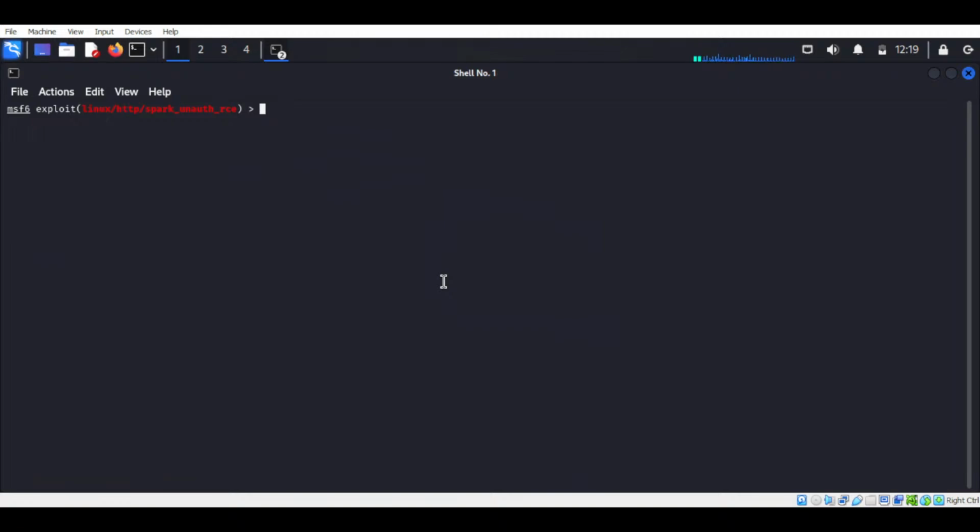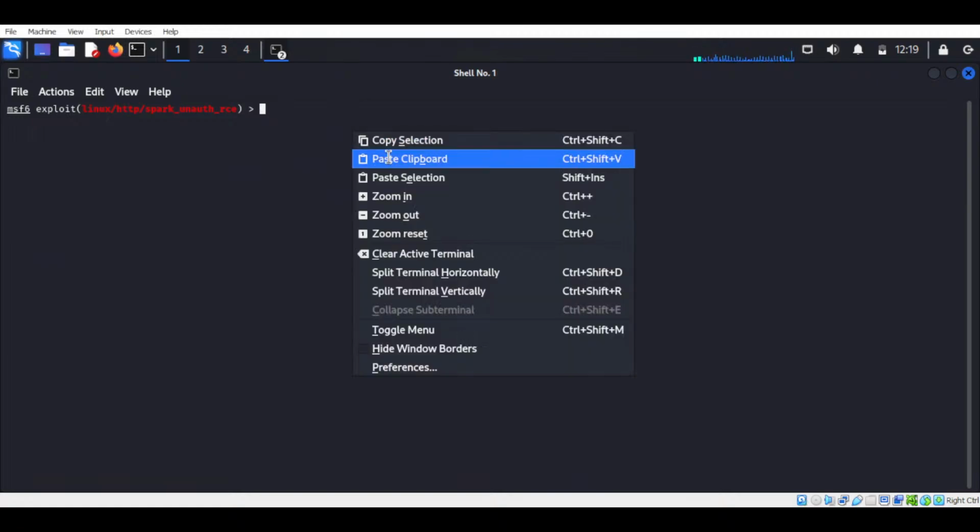Here RHOSTS means set the target's IP address. Then RPORT means the port Apache Spark is running on, the default port. And the run command will execute the exploitation. Second, our command is Apache Struts OGNL code execution. Here, because my commands are available on my PC, I don't waste more time and just copy and paste. It's simple. Now just click on it and hit enter,